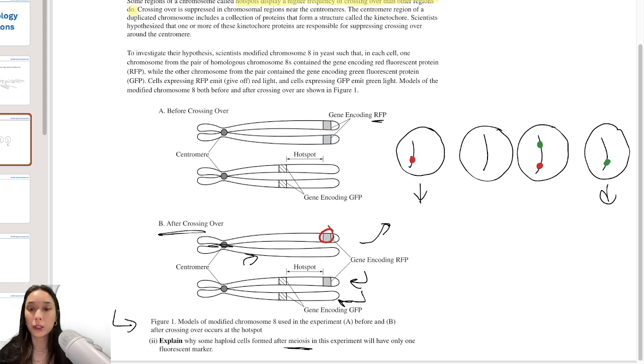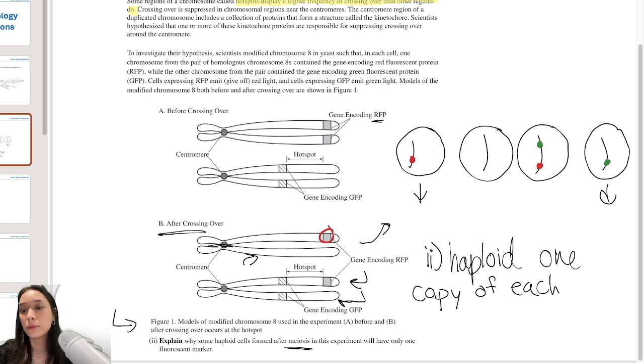Frankly, the answer for this one, what I would put, so it just says explain. So you only really need 1 sentence for this. Explain why some haploid cells formed after meiosis in this experiment will have only 1 fluorescent marker. So for this one, the reason is that haploid only contains 1 copy